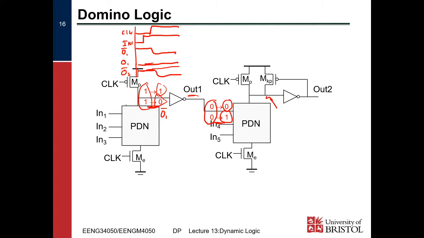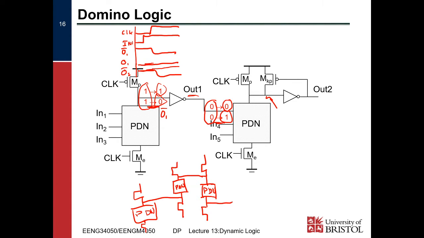There are other ways of dealing with this issue. For example, you can have logic where you have a pull-down network as normal for our first stage, right? And then on the next stage, you have a pre-discharge transistor, and you have a pull-up network with the evaluate transistor at the top. And then on the next stage, you have your pre-charge transistor at the top, and you have a pull-down network with your evaluate transistor, and then back to